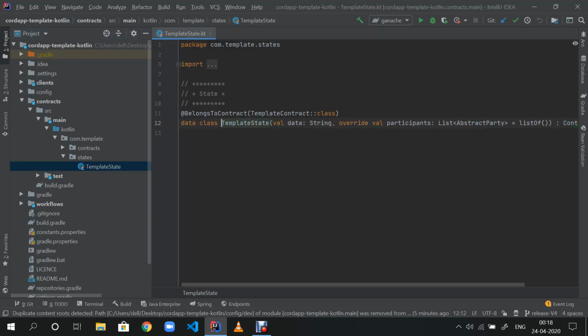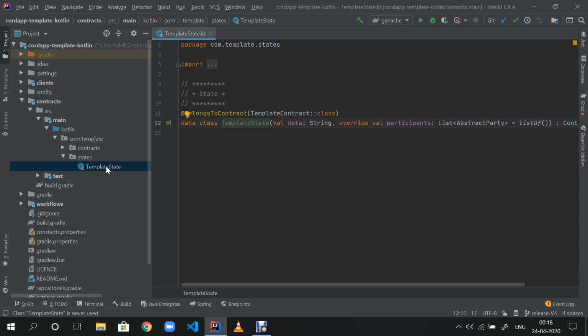I open it. So a state in Coda is a representation of data, or you can say a representation of an asset on the blockchain. A state holds all the data about a particular asset that you have to transfer over the blockchain or maybe even save over the blockchain.